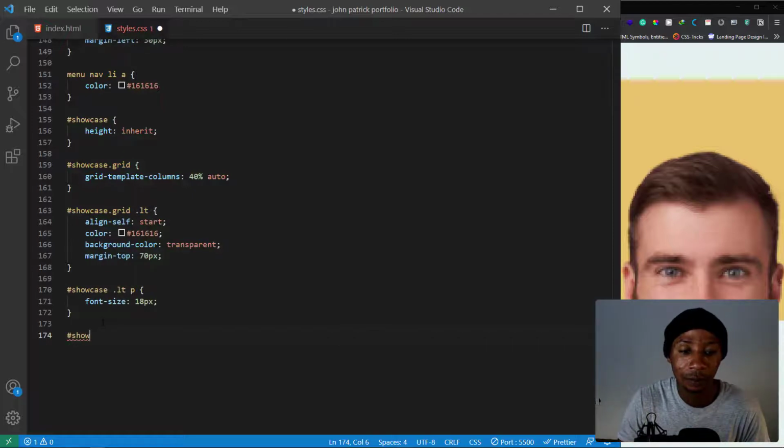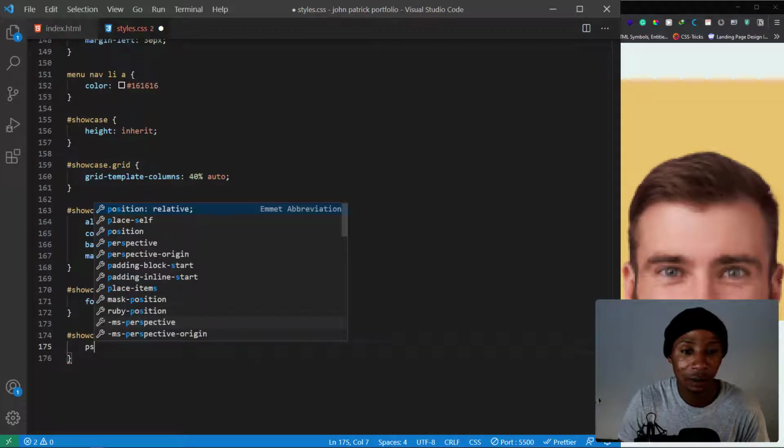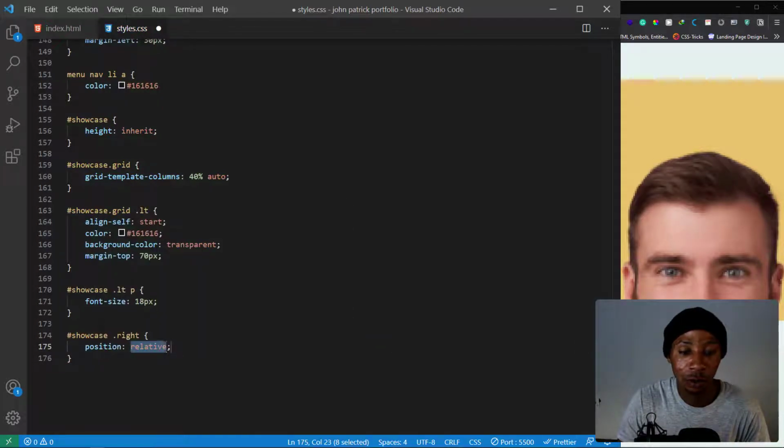Showcase right, for the showcase right position absolute. I want the position absolute,